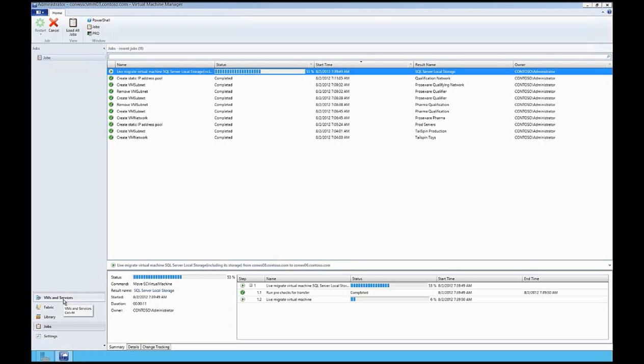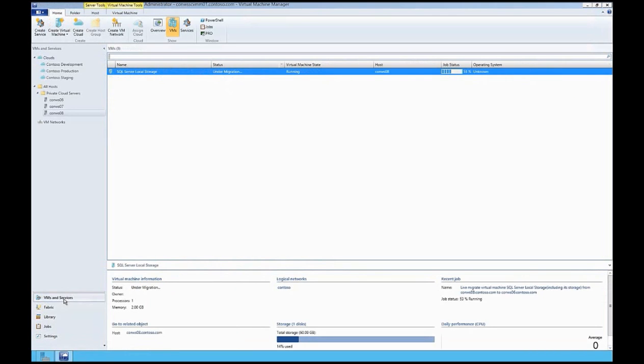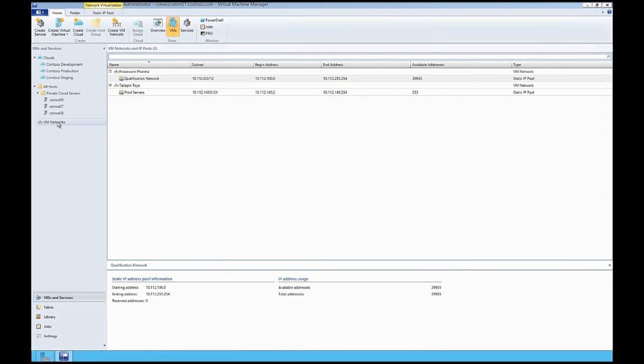The other thing we can manage within VMM, or one of the other things, is the VM networks. Hyper-V allows you through network virtualization to have multiple virtual machines on the same subnet or have even the same network IP addresses, but not be visible to each other because of the network virtualization capabilities within Hyper-V. I can create multiple VM networks, and those VM networks can have overlapping subnet ranges, and the virtual machines running on them can have the exact same IP, and they won't be able to talk to each other because